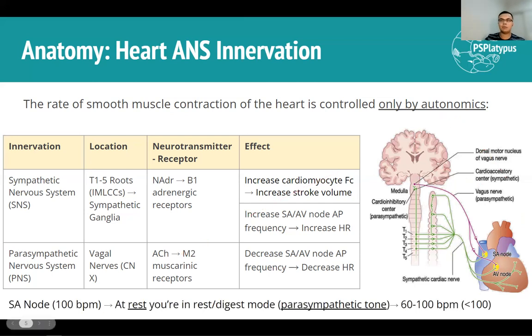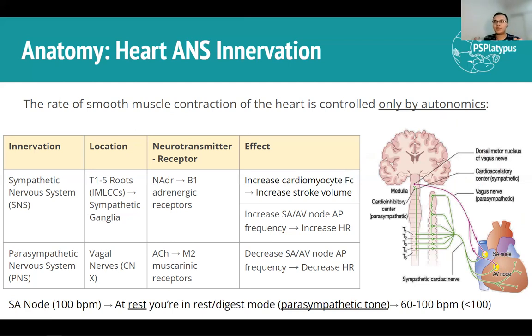Another important idea to keep in mind is that your SA node, and this is going to be a very important idea for understanding the clinical correlation. Your SA node by itself wants to fire at 100 beats per minute. It was designed to do so. However, when you're at rest,